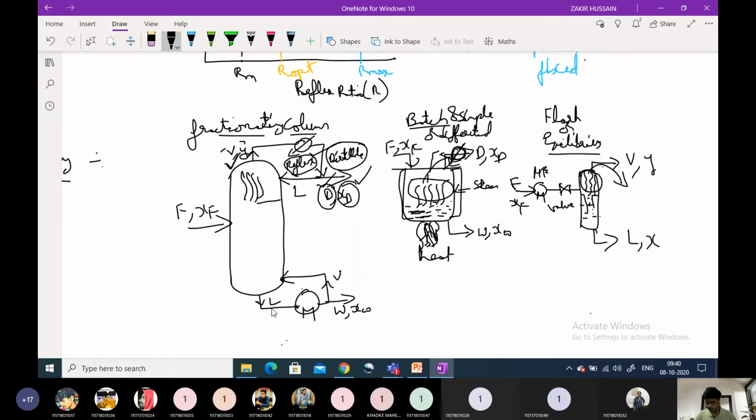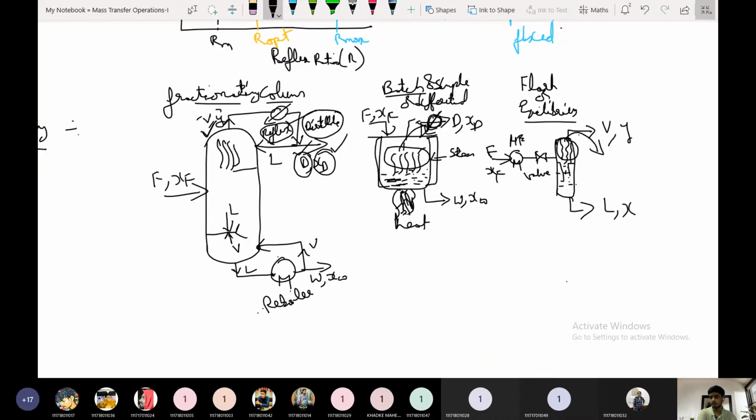Then what is the mechanism taking place? Here liquid comes inside, and the reboiler converts it to vapor. Then the major mechanism here is that inside there will be plates. What is the role of these plates? The role of each plate is that vapors coming from the bottom need to be in intimate contact with the liquid coming from the top. This is the major role of the tray or plate. Now, how many plates will there be? We use the McCabe-Thiele method, Ponchon's average method, or the Lewis-Sorel method to estimate the number of plates required.